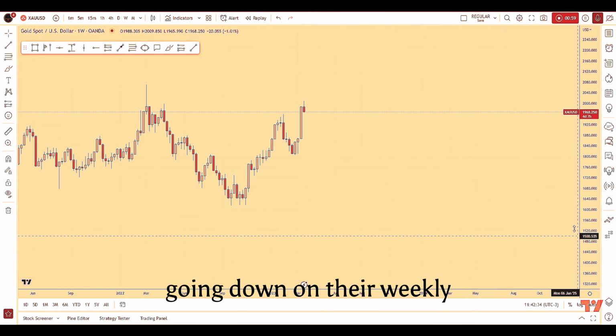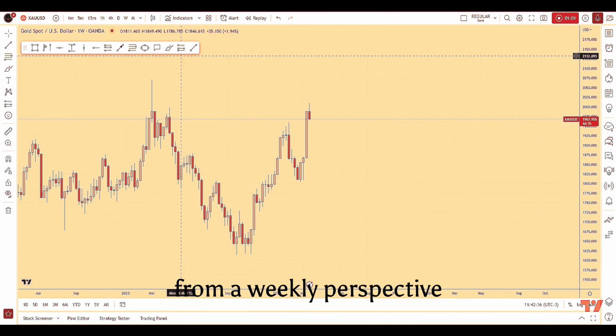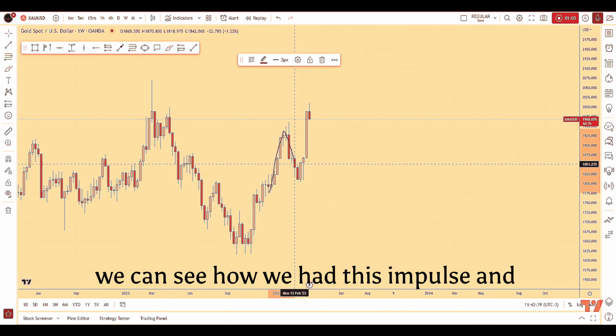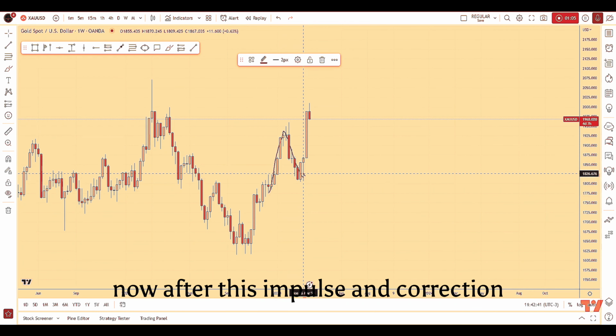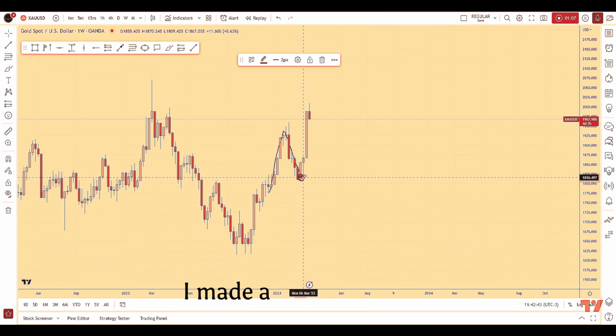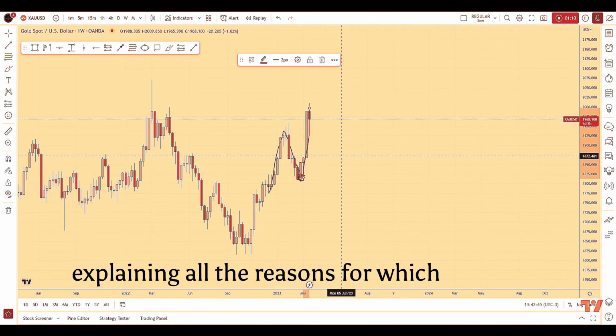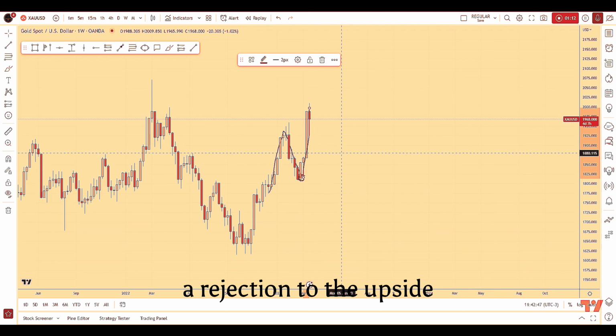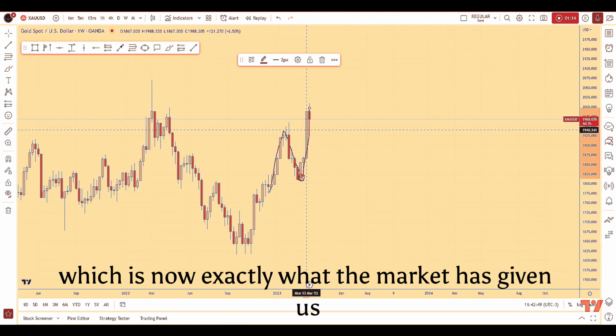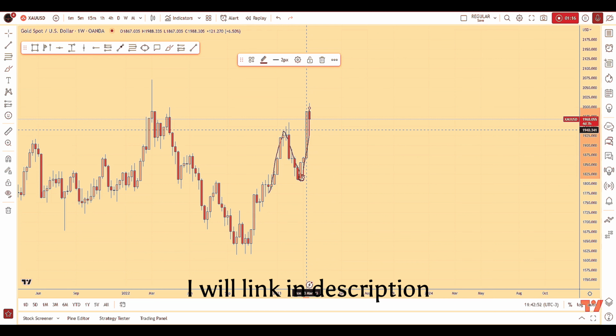Going down on the weekly, what do we see? Now, from a weekly perspective, we can see how we had this impulse and correction. After this impulse and correction, when the market was here, I made a full breakdown explaining all the reasons for which we could expect a rejection to the upside, which is now exactly what the market has given us. And by the way, I will link in the description that previous analysis so you can go and check it out